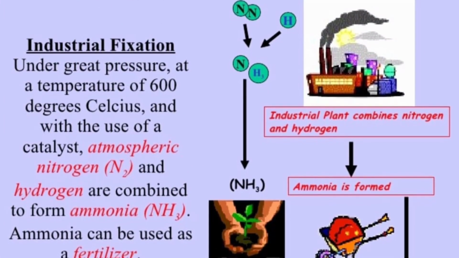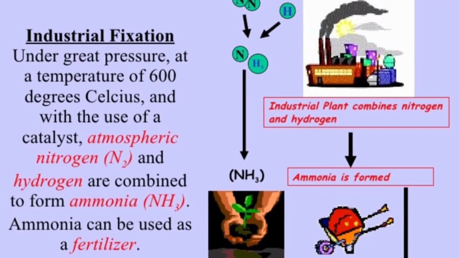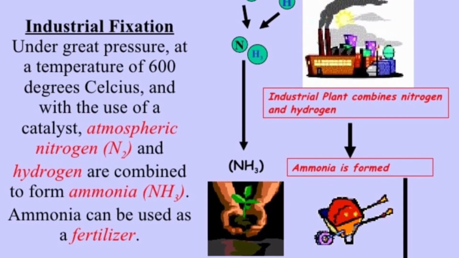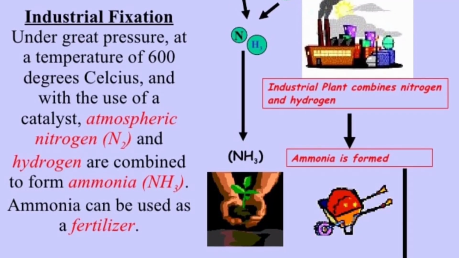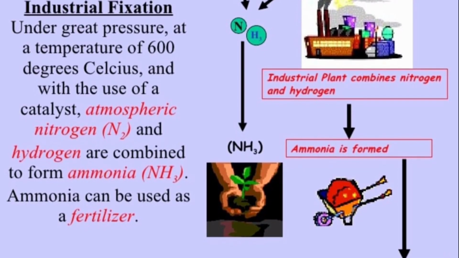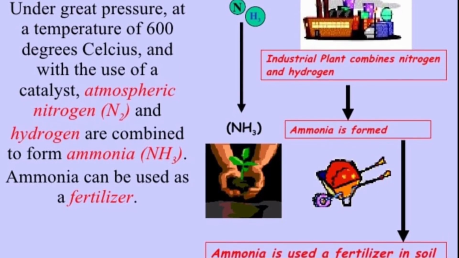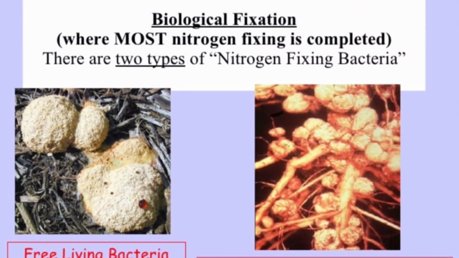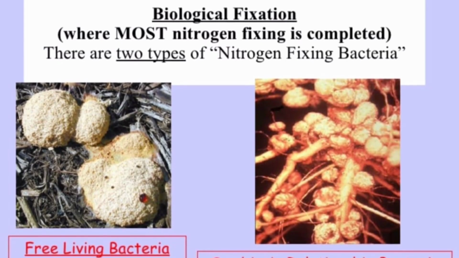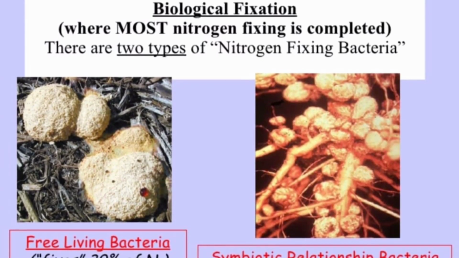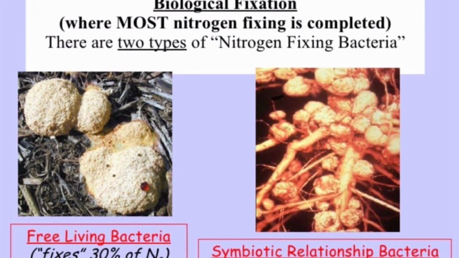Under great pressure at a temperature of 600 degrees Celsius and with the use of a catalyst, atmospheric nitrogen and hydrogen are combined to form ammonia. Ammonia can be used as fertilizer. Then biological fixation, where most nitrogen fixing is completed. There are two types of nitrogen fixation bacteria: